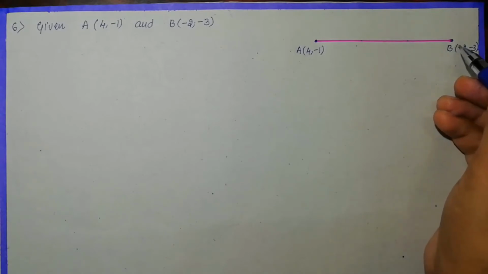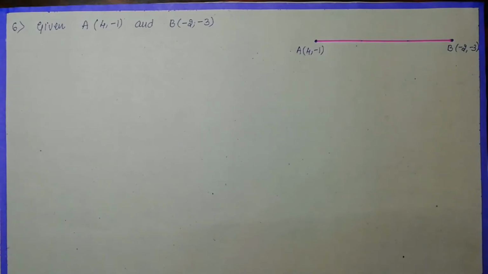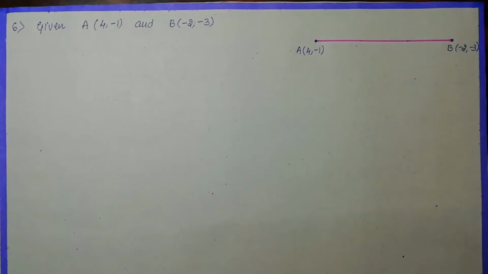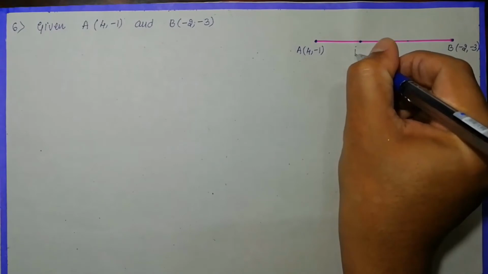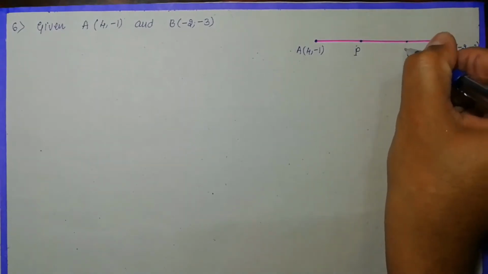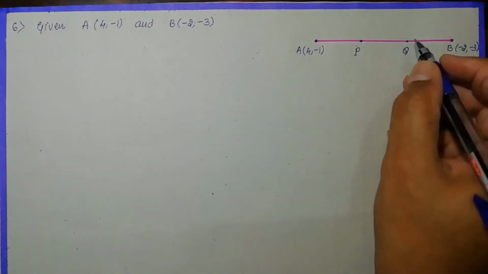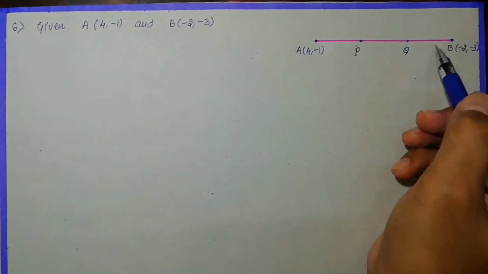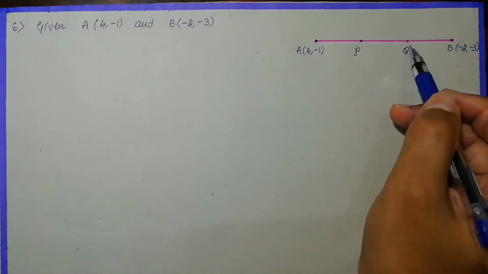Means if you cut at one point, the line will get divided into 2 parts. If you cut this line at 2 different points, then you will get 3 parts, but all the 3 parts must be equal. Okay, so now I am going to consider the 2 points. Let us take this one as P and this one as Q. Okay, so these are the 2 points. Let us imagine if you cut this line at this point and at this point, you will get 3 parts: AP, PQ, QB. These 3 parts should be equal, but we have to find what the coordinates of P and Q are.